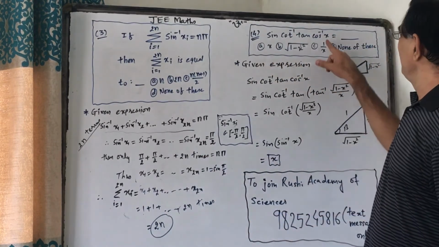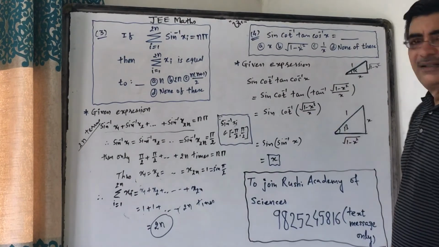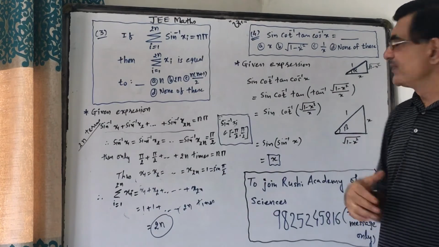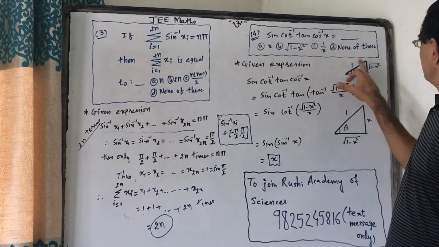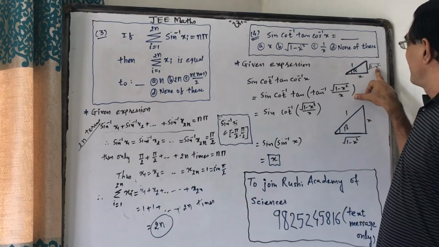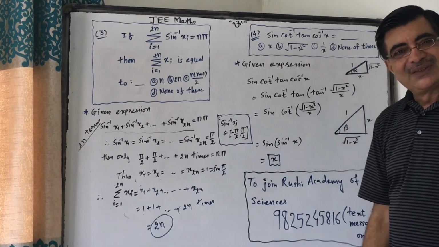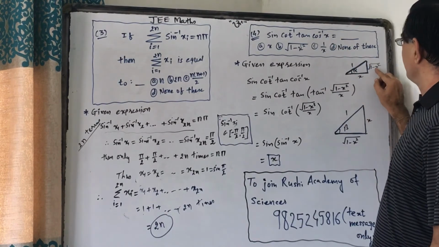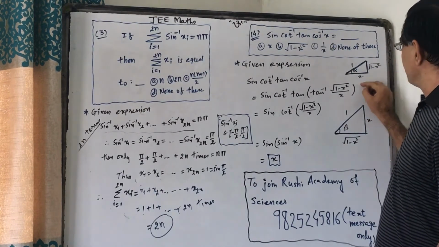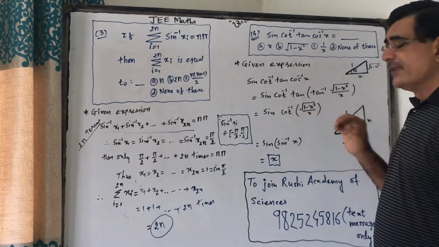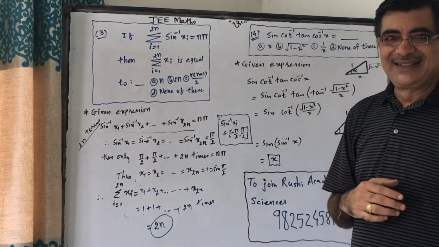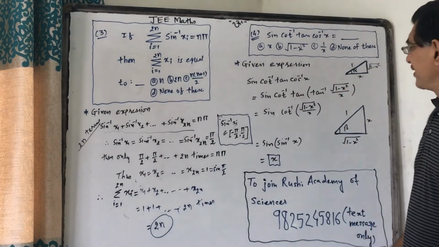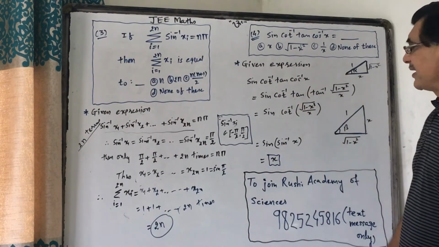For this, first of all prepare a right angle triangle. Cos inverse means adjacent side upon hypotenuse, so we can write this is x upon 1. According to Pythagoras, the other side will be square root of 1 minus x square. So from this we get cos inverse x equals tan inverse of square root of 1 minus x square upon x. Now tan and tan inverse will give us identity function, so this will become only square root of 1 minus x square upon x. That is cot inverse of square root of 1 minus x square upon x.